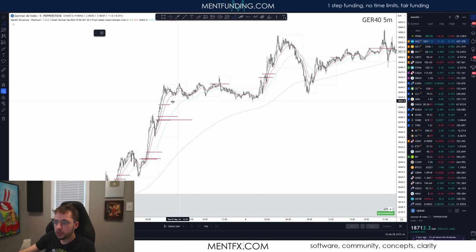Even right here, if we look at this, here's a good example, right? It fails, builds a new range. Maybe you try this one, it fails. So you stop taking trades because we're still in that same range. And then when this one happens, guess what? It fails. So then you would have prevented this loss, right?